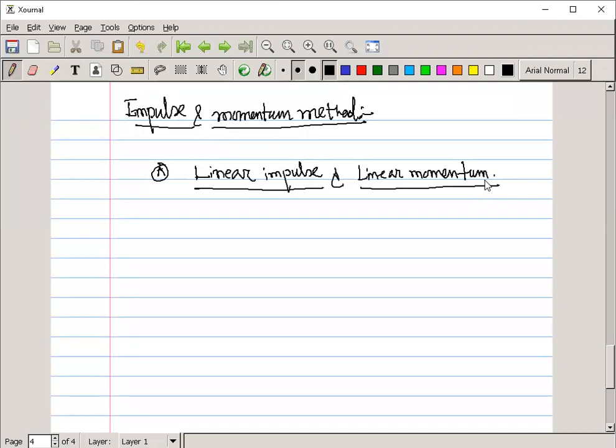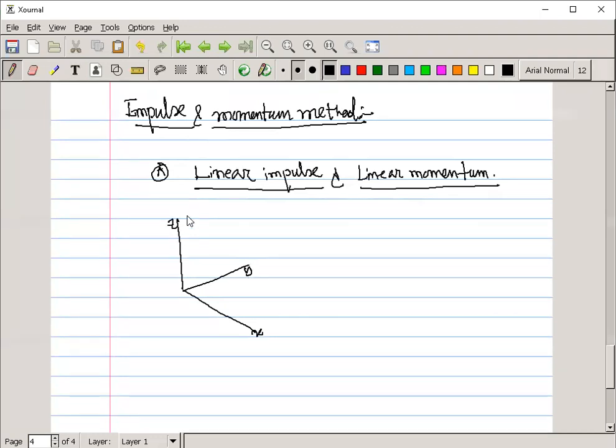Linear impulse and linear momentum. So here the principle is actually that the effect of the resultant force on a particle is equal to its time rate of change of linear momentum. So this is the principle, but if we just derive it, what we have to do is simply take first the coordinates